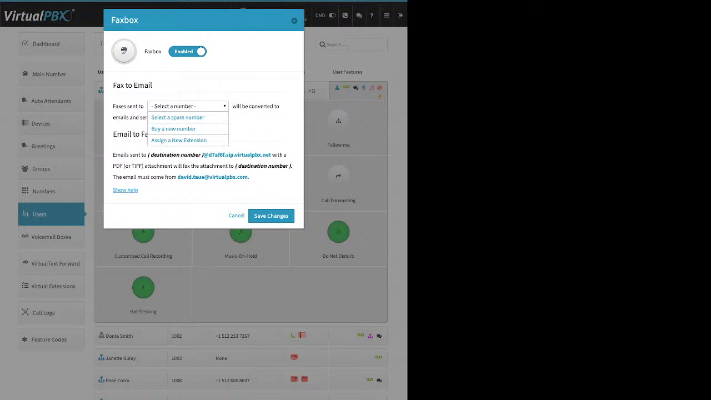Right, so you click to enable. Then you have the option to buy a new number, use a spare number, or add a new extension. I recommend making use of a phone number that gives your staff member the capability of both sending and receiving faxes. Selecting an extension number saves you the potential cost of adding a phone number. However, you limit